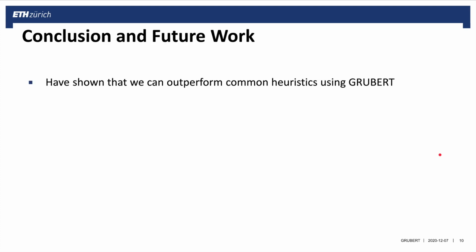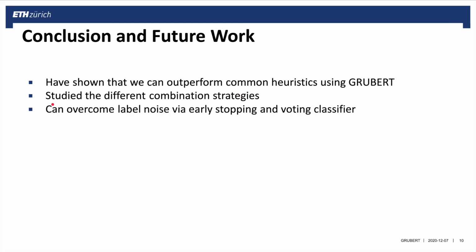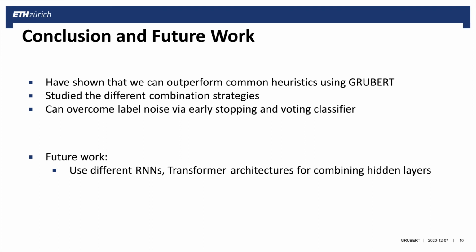In conclusion, we saw that by using GRUBERT, we can outperform common heuristics, such as using only the last layer or concatenating the last 4 layers of BERT. We studied different combination strategies, namely different group sizes and using weight sharing or not. And finally, we showed that we can overcome label noise in our dataset via early stopping and by using a voting classifier. In future work, we would like to use different RNNs or transformer architectures for combining the hidden layers,